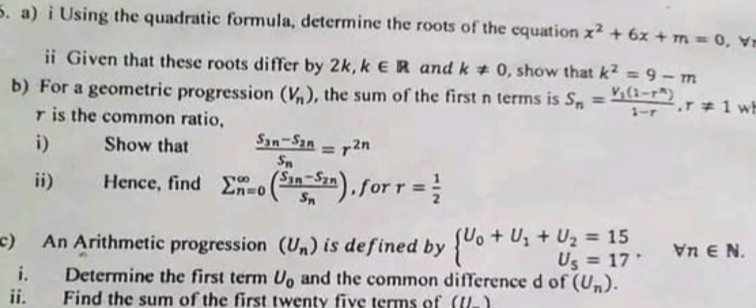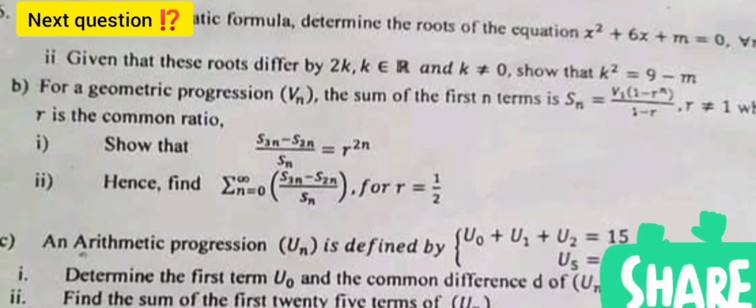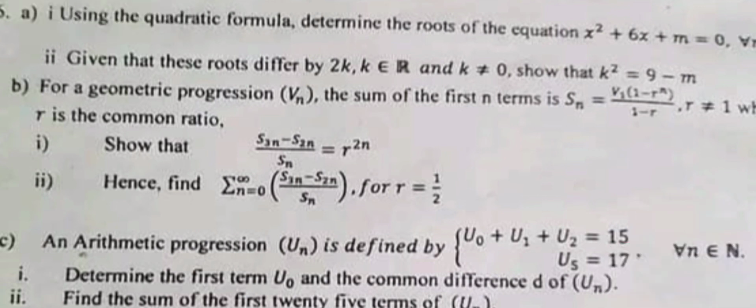For a geometric progression V subscript n, the sum of the first n terms is S subscript n equals V1 into bracket 1 minus r raised to power n, over 1 minus r, r is not equals to 1, where r is the common ratio. So we are asked to show that S subscript 3n minus S subscript 2n over S subscript n is equals to r raised to power 2n. So we have to show that if Sn